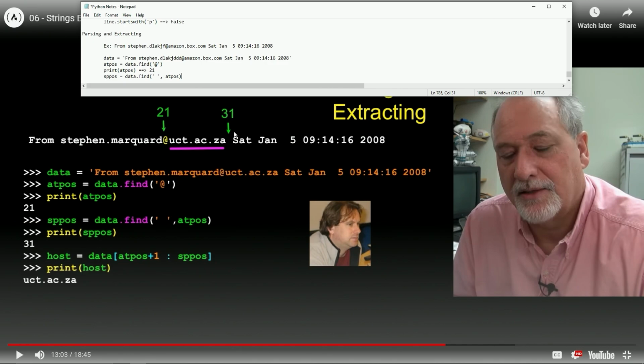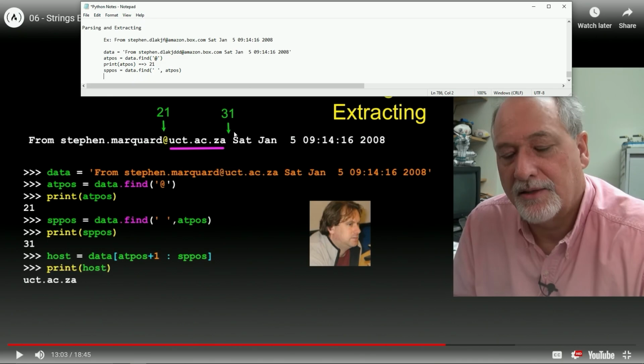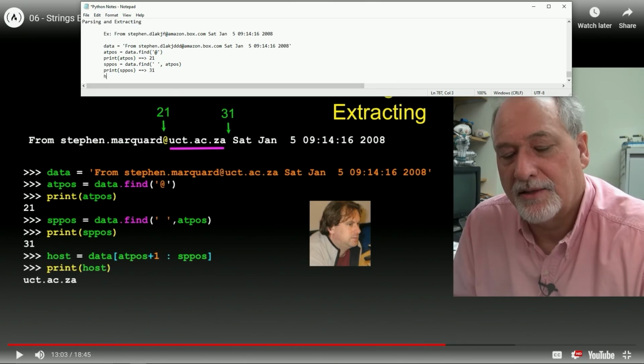Okay, cool. So when we say print S space position, we're going to get 31 because it starts at posts. I imagine that's what it's going to say. All right. So it doesn't get this space. It gets this space, which is at 31. And then we say host equals